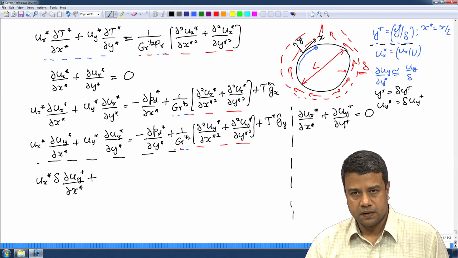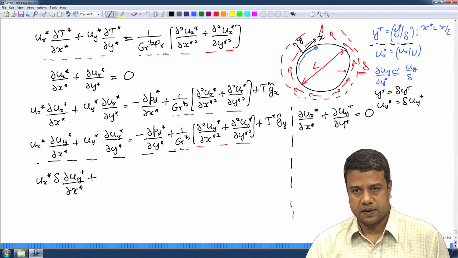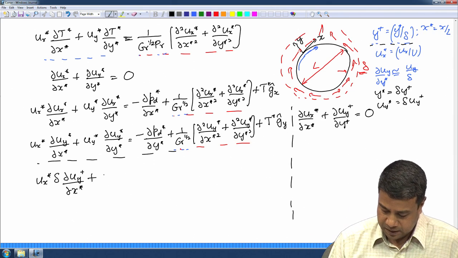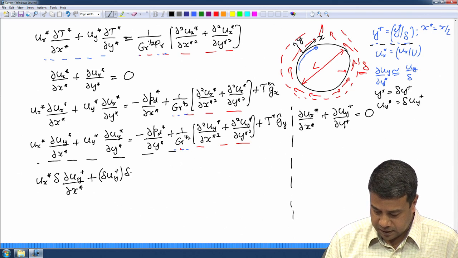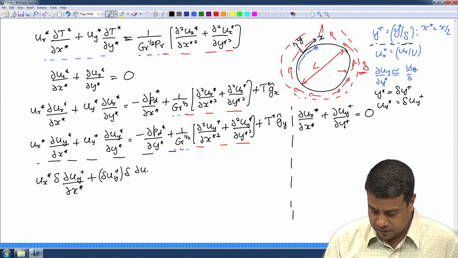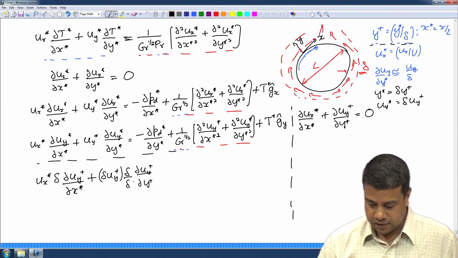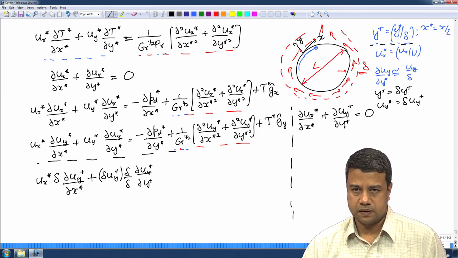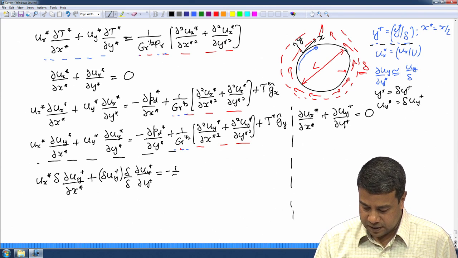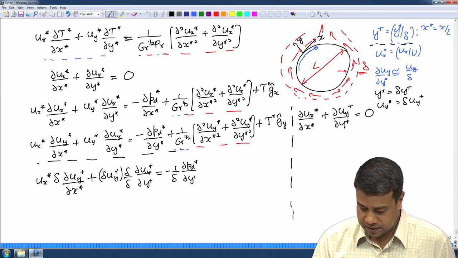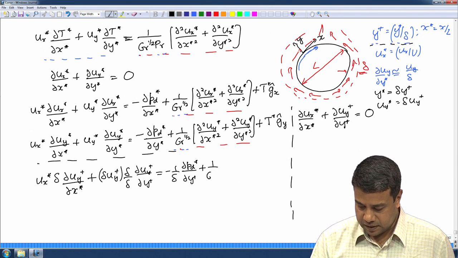Because uy star is delta times uy plus, it is order delta, plus delta uy plus into delta, partial uy plus by partial y plus. I have a delta in the numerator and a delta in the denominator, so those will cancel out. I will get a minus 1 over delta partial p d star by partial y plus 1 over Grashof number to the half power,